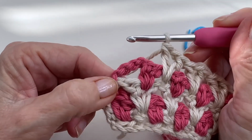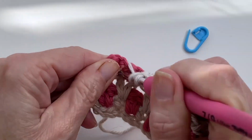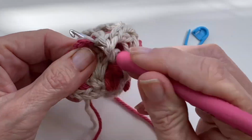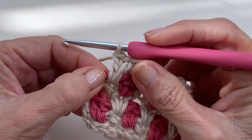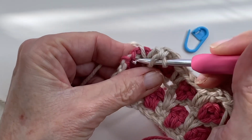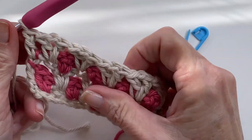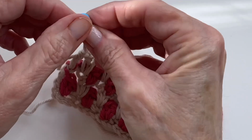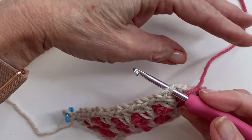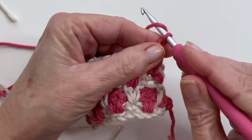We have one more here at the end. It'll be in line with that cluster from underneath. And now we're going to add a double crochet into the very end here, just to give it a nice straight edge. Now you're just going to add your stitch marker, fastening on with a chain 4, just hooking through the loops there, pulling it through, chain 4,